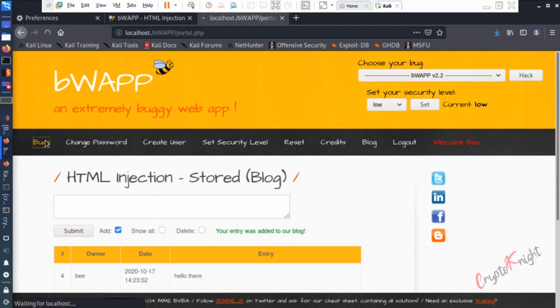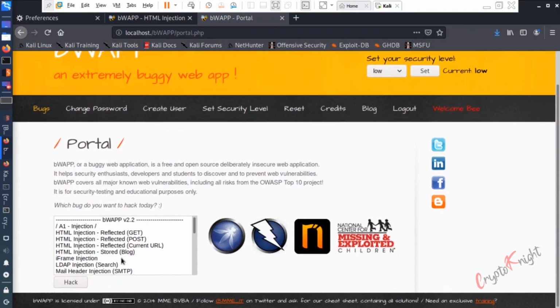There are various other types of HTML injection, like you can see through URL and other types also. Iframe injection is also a similar type. You simply have to insert an iframe tag, search about it on Google and try it over here. I have given you the idea. Now it's time for you to practice these. You will learn it best if I make you understand the concept and then you yourself try it.